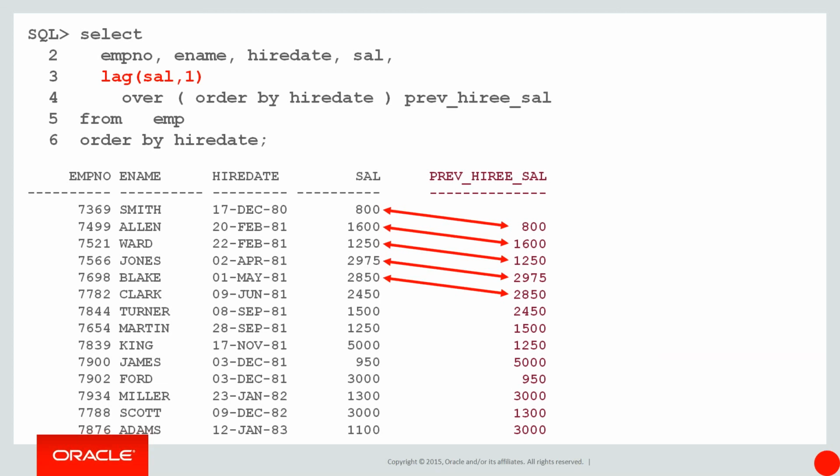So the previous person hired was Smith, and we can get the value of the salary for that previous hire. So effectively, I'm looking one row back based on hire date to look up that person's salary. So you can see we have that nice cross-row ability, just like we would in Excel. So really, this is all about statistical analysis, isn't it? That's what we can do with analytics.